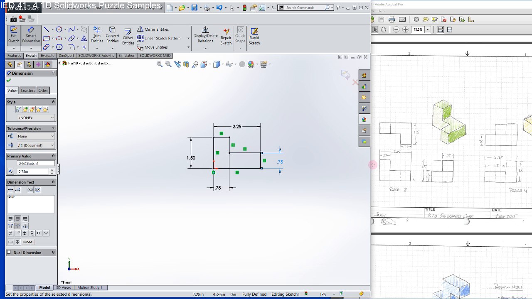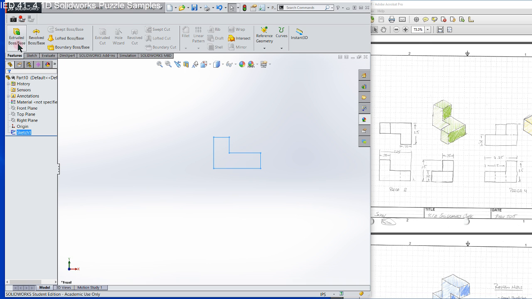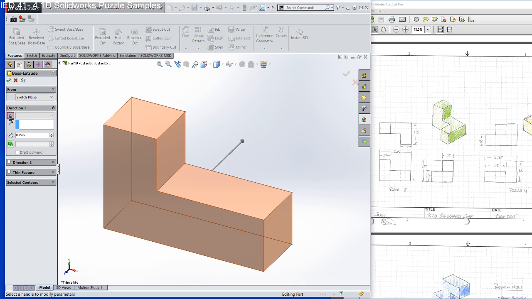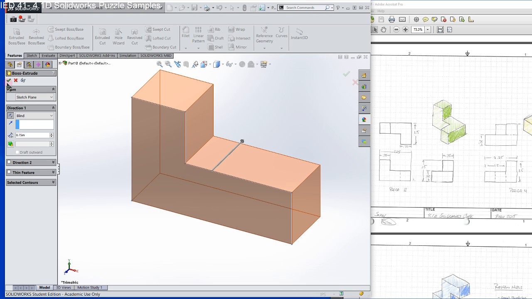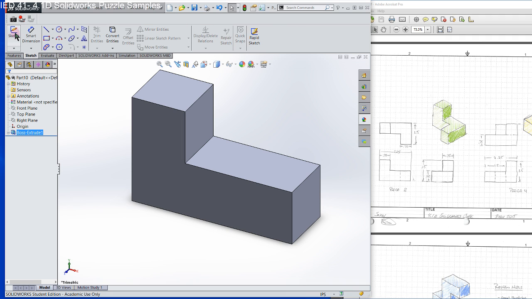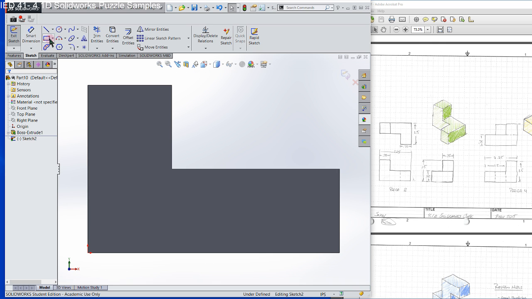There is my model, front view. Exit my sketch, fully defined, and let's go ahead and extrude that 0.75 inches into the paper. Reverse direction, into the paper, accept it, and I've got my initial shape. But what I now need to do is draw this nub that sticks out here, and that is a 3/4 by 3/4 cube. So let's go ahead and start another sketch, and let's select the face for our sketch plane